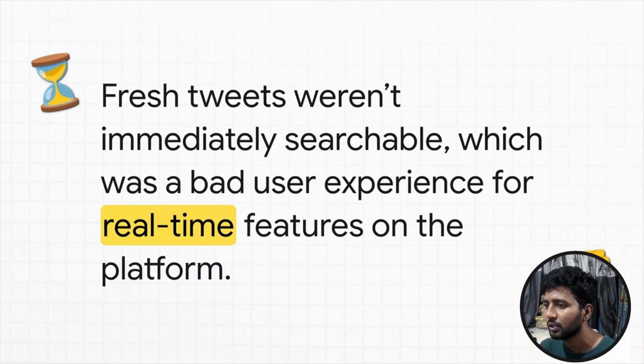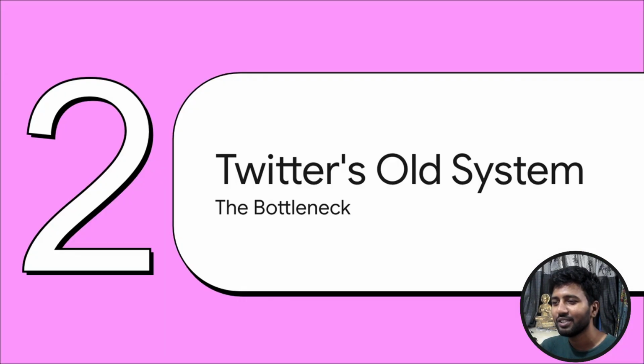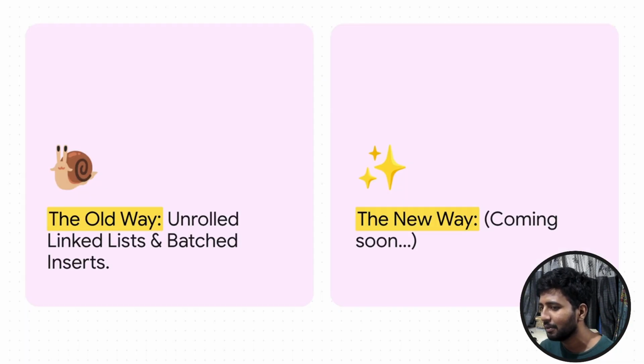15 seconds is a huge time. It does not feel like real time. For a social media application, it should feel like fun. It should feel like real time. So that's what Twitter had to handle, and Twitter handled it in a really good, really advanced way. We will discuss all that in this video. Firstly, we will discuss Twitter's old system, and then Twitter's new way,